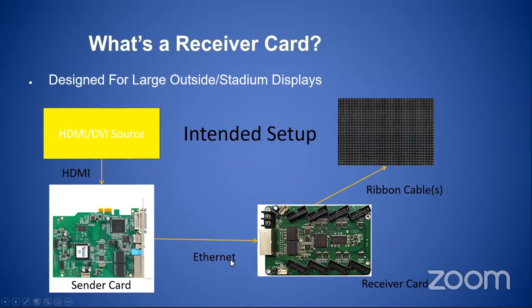It outputs from here to the Colorlight card, and then these things daisy chain back and forth and output to these things. This is the intended setup. This is what is used when you build giant matrices for this type of thing. The way that we do it for our hobbyist way, because these are expensive,